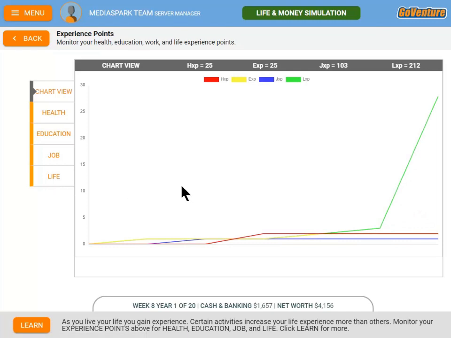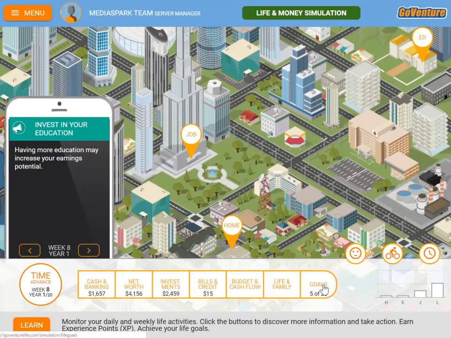Earning experience points may be part of the goals that I have to achieve. So it's an interesting way to follow the things that you've been doing in the simulation to see if you've been getting the most of the simulation by trying to maximize your experience points in all of the areas. And again, there may be a certain minimum you have to achieve based on the goals set.